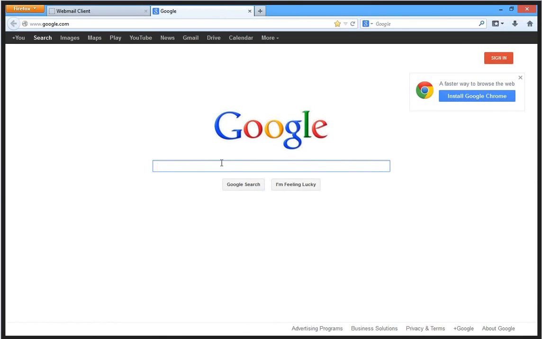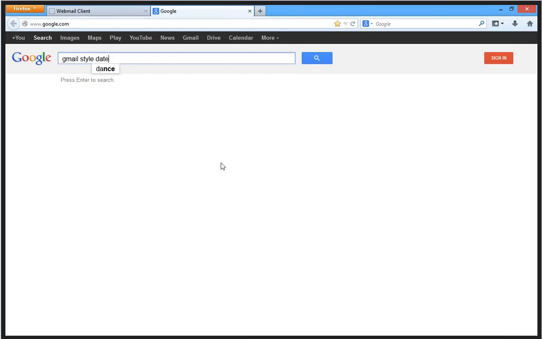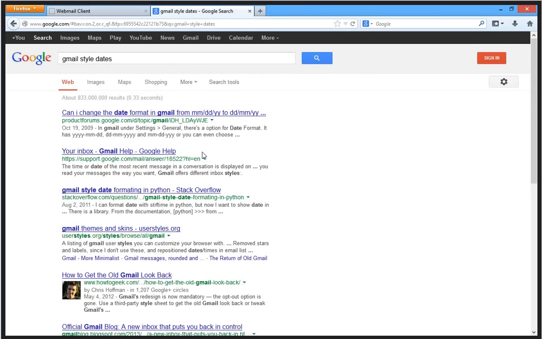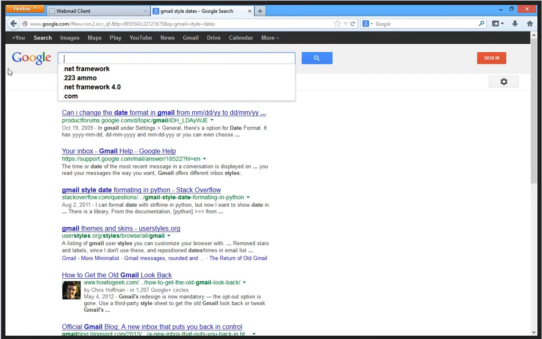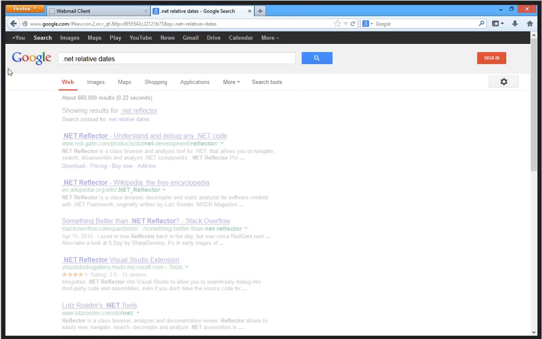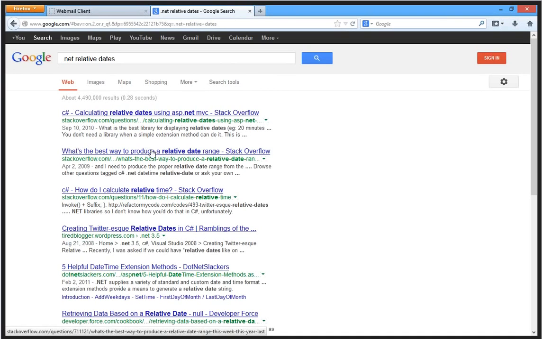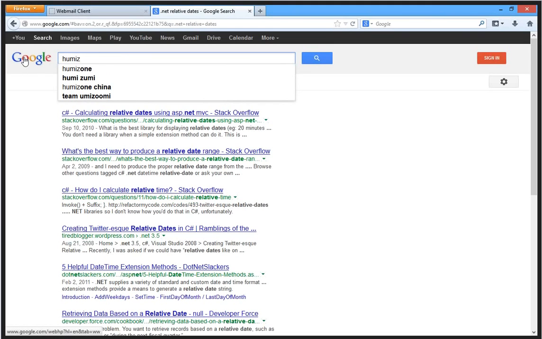I simply said, let me find Gmail style dates. And that led me to something called relative dates. So I said, okay, let me find how to do .NET relative dates. And eventually, when you go down this path, and I'm just walking you through the approach I took, I found there's this movement called